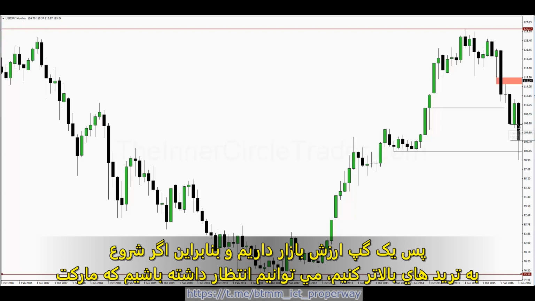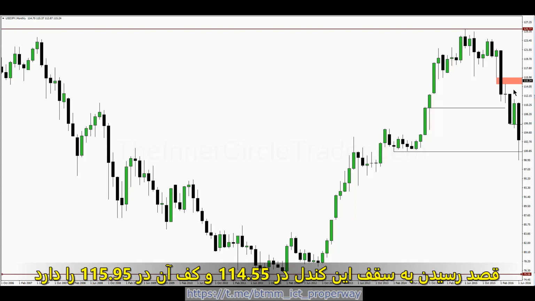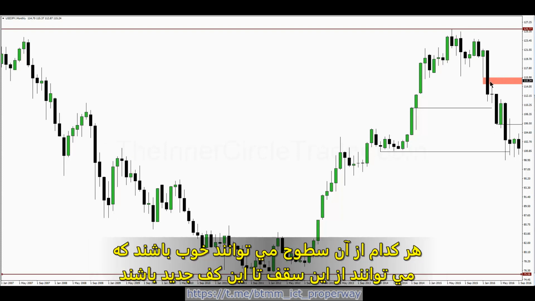So if we start to trade higher, we can expect to see the market want to reach up into that 106.50 level. If it trades through this green candle, or up candle, it's going to want to reach up into the high of this candle, 114.55, and the low at 115.95. So we can use 115.90, 115.80, or we could use 114.55 or 114.60. Any one of those levels would be nice, but this would be what? From this high down to this new low,